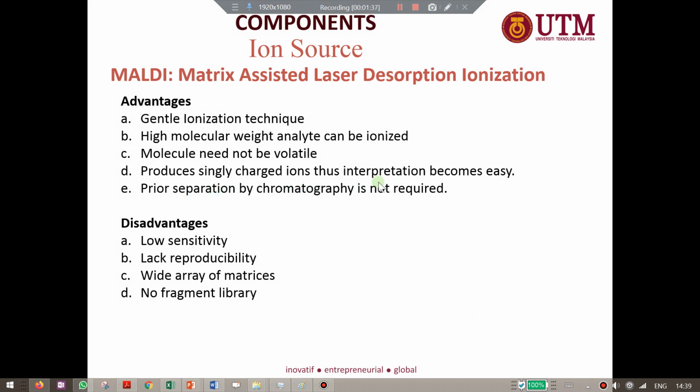Prior separation by chromatography is not required, but you can always try hyphenating things. It means that you combine chromatography and also the multi, but I'm not really sure how the mechanism could be. Alright. Okay, disadvantage: low sensitivity, because the laser only pulses into a little spot,